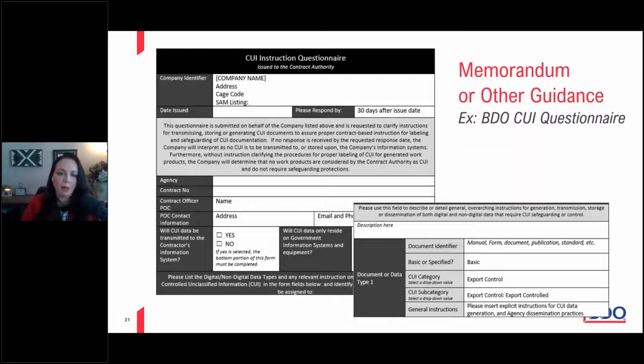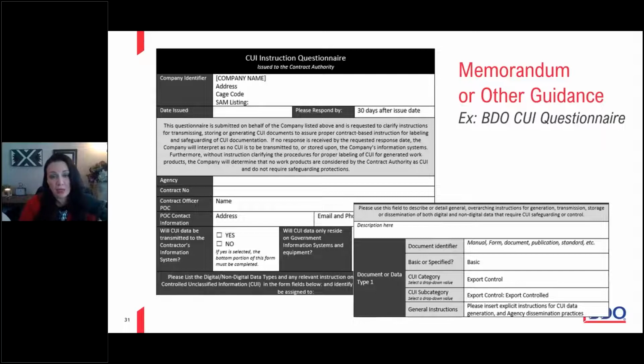So here's a great example of a memorandum or other guidance. It's a form that I've created for my clients, and it has all the reference points from the National Archives CUI categories at the very back of this set of worksheets, and allows you to fill out some of this information and say, hey, if we don't get an answer from you, we can't make assumptions as to what the dissemination information is going to be, what the specific categories are going to be,